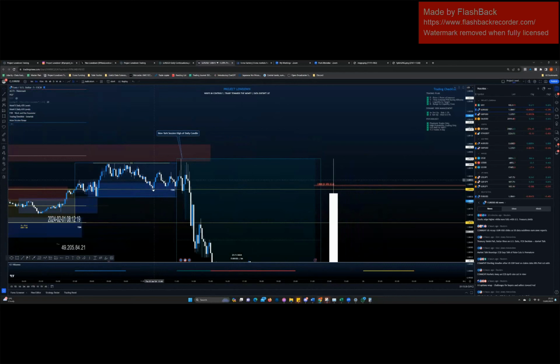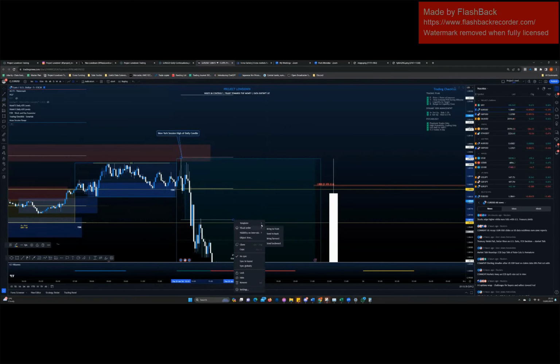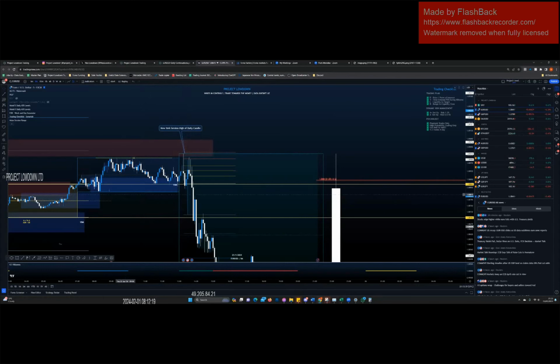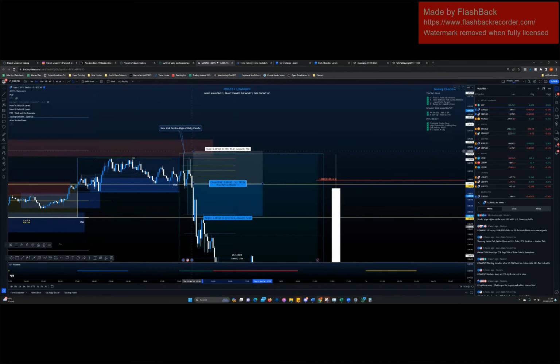Now, with that being said, what could you have done? With this being high of day, and you're at the high of the daily candle, you're not looking to take this as a continuation. You're looking to take this as what? A HOD reversal. So your stop loss has to cover this. But if you did the homework, like I said last week, you knew you could take this with minimal risk. How? Right side of the V.